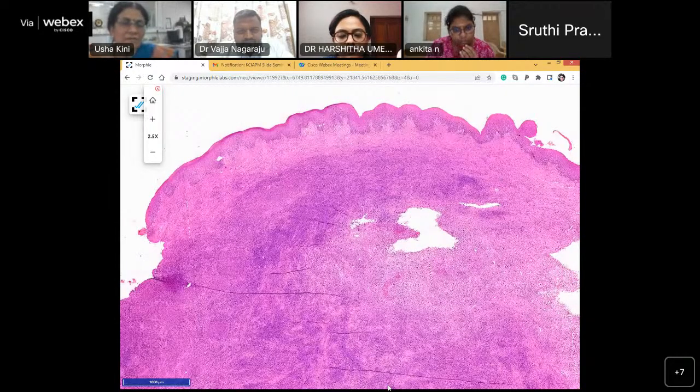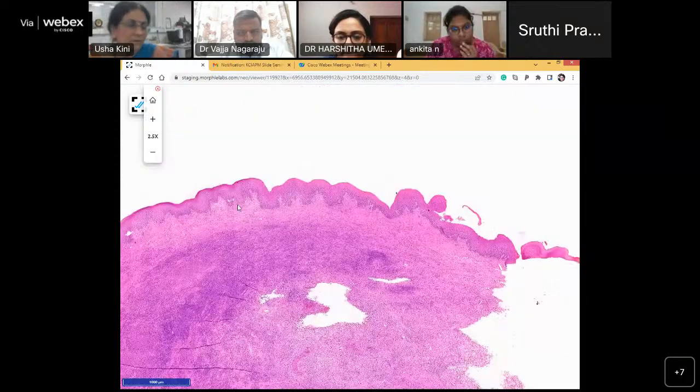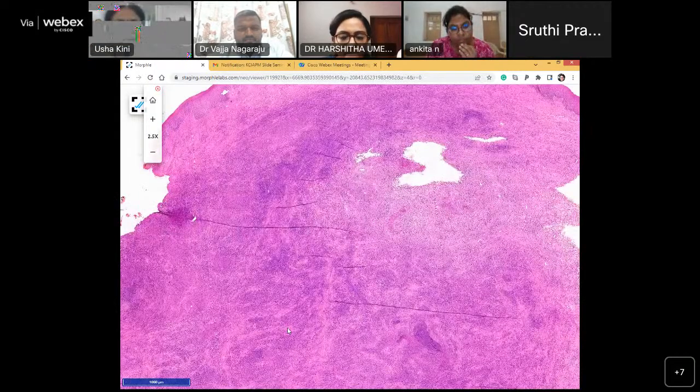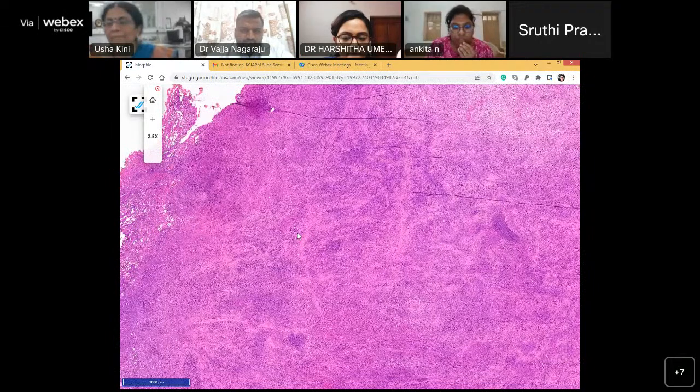You see the surface mucosa is unremarkable, right? It's not ulcerated. Patient seems okay, right? And then you see that there is a lot of blue because of the infiltrate. Now I'll take you to the higher magnification, which is what you were saying, right? These are blood vessels, right? Yes, ma'am.